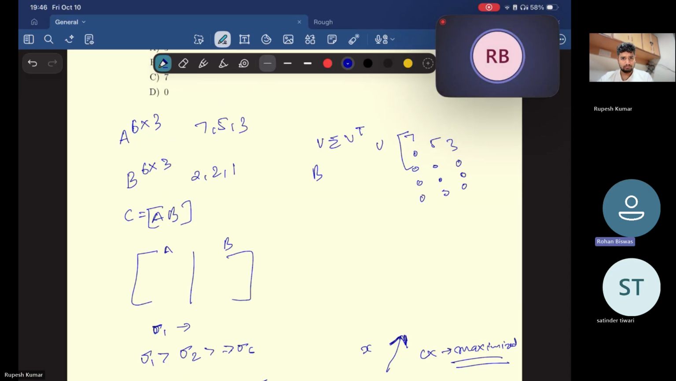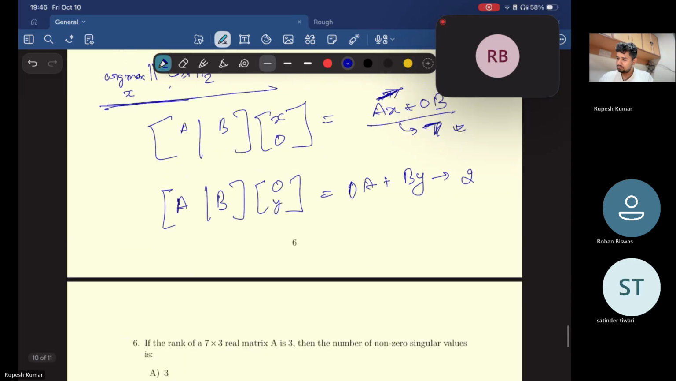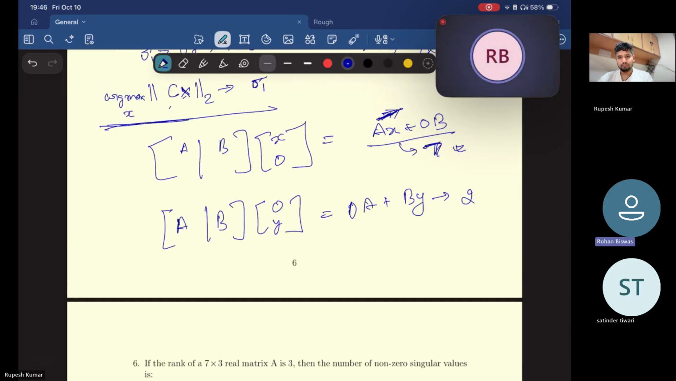I have one doubt about the thing that you did. Can you scroll down a little bit? So what you did here was AX. You're considering the partition matrix A, B, and you are multiplying AX plus 0B. So this kind of a vector has